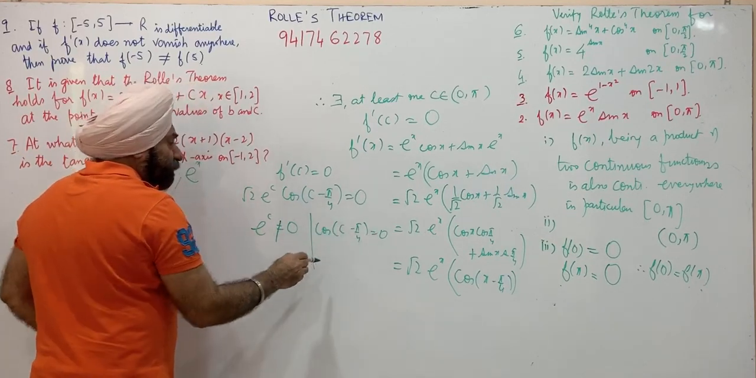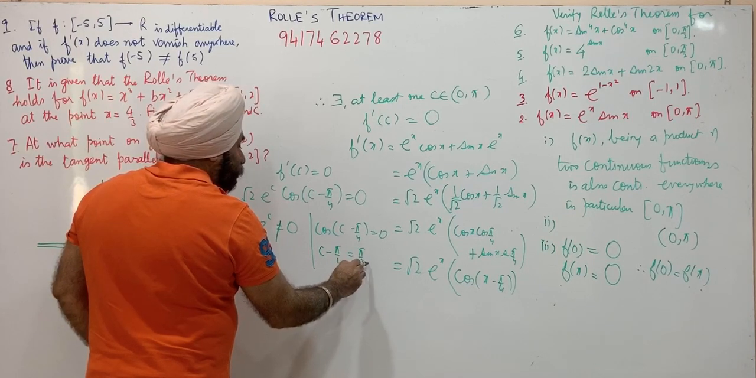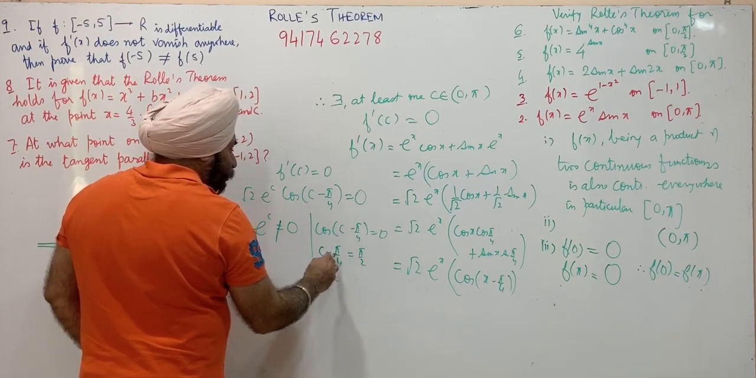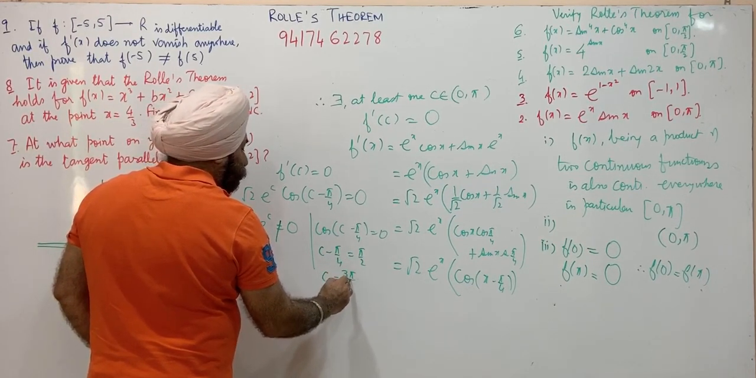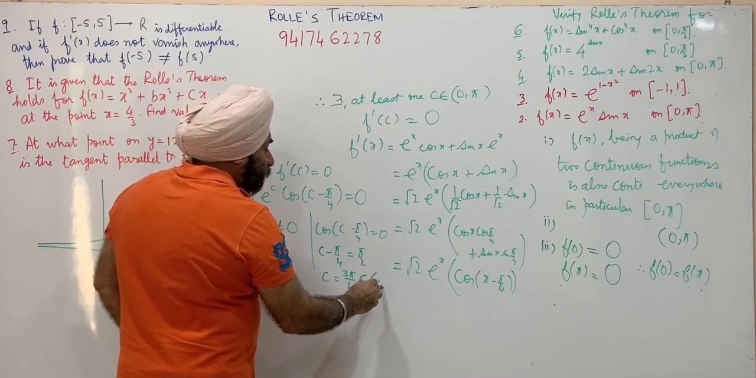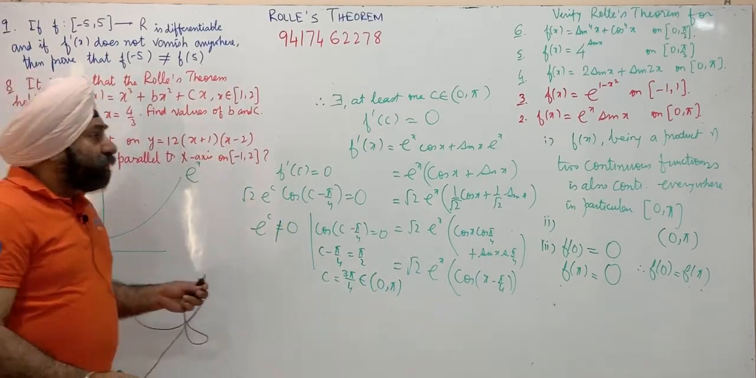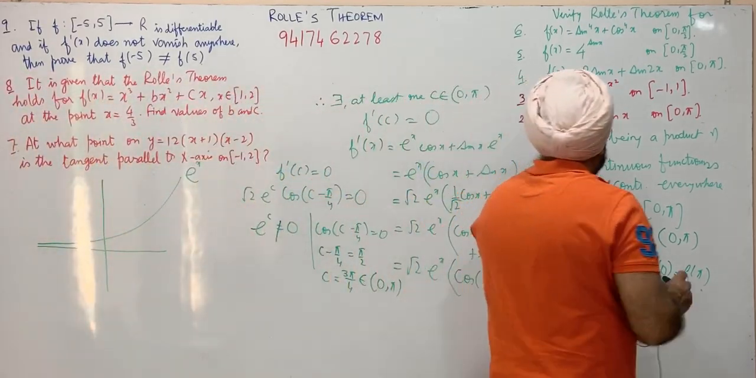Only this is 0. This gives us c minus pi by 4 equal to pi by 2, or c is equal to pi by 2 plus pi by 4, that is 3 pi by 4, and this belongs to the interval from 0 to pi. This is the value of c. So, therefore, Rolle's theorem is verified. The next one,